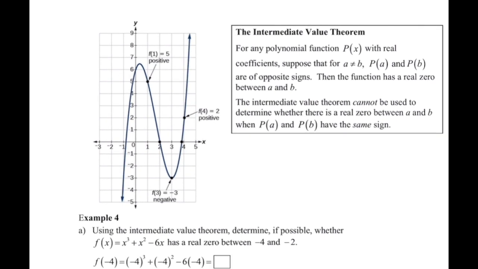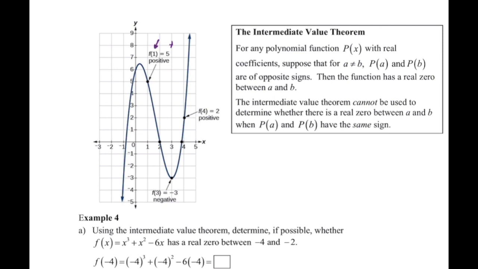The intermediate value theorem says that if we have a polynomial function with real coefficients, and I plug in two different values and they have opposite signs, then we know that it must dip through the x-axis. If we plug in two values and they have the same sign, they're on the same side of the x-axis. So notice here, with this random function given, when I substituted 1 in,